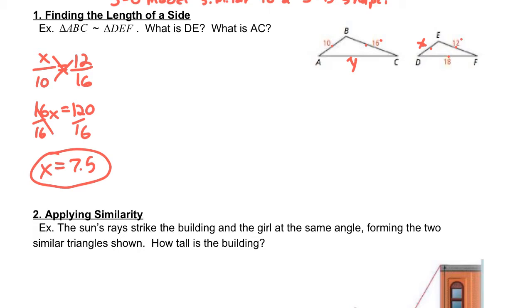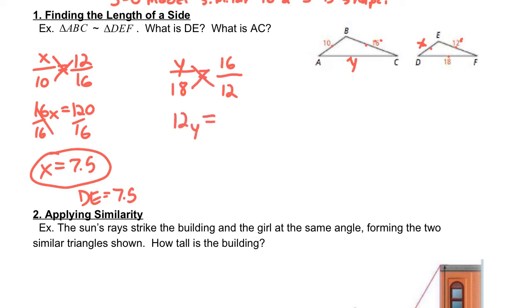So let's say DE is 7.5. For AC, I'm going to use the variable y. Y is proportional to 18. They're both on the bottom. Then I use the same proportion as before, but since y and 16 are on the same shape, I'm going to use 16 to 12, so they're both on the top. So it's just using that same ratio as before, but flipping it. So this would be 12y